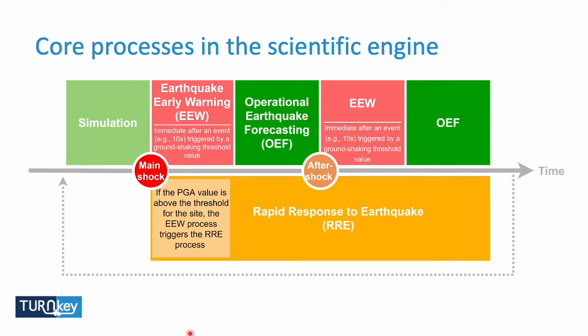So if it reaches the threshold, then the early warning starts sending the information. Just after, the forecasting also starts, because when you have a main shock, then there will be aftershocks. And then forecasting is also activated and starts functioning and receiving data, and then reading this data to generate what we call short-term hazard